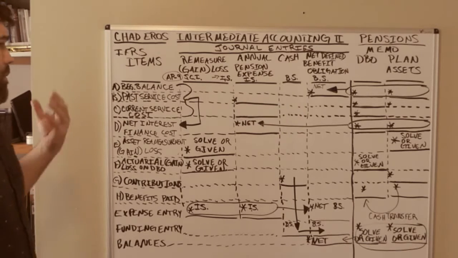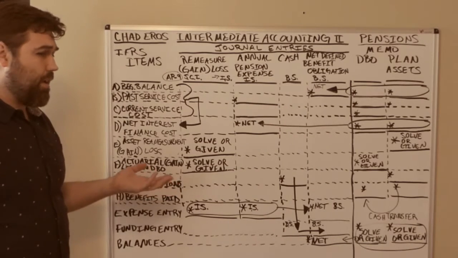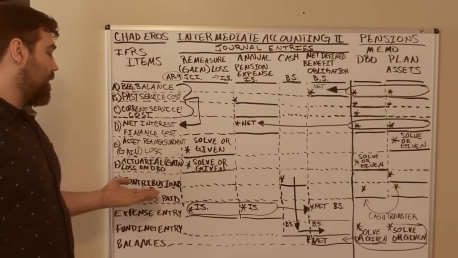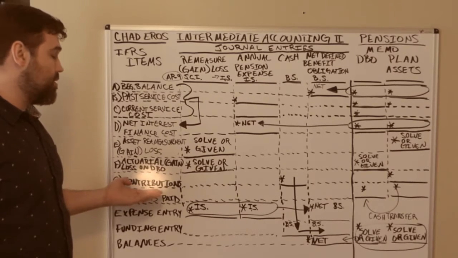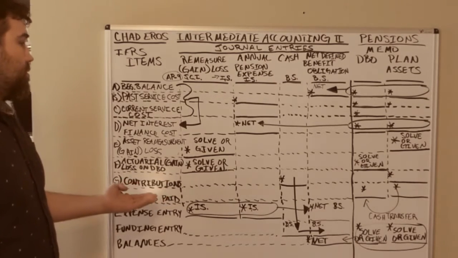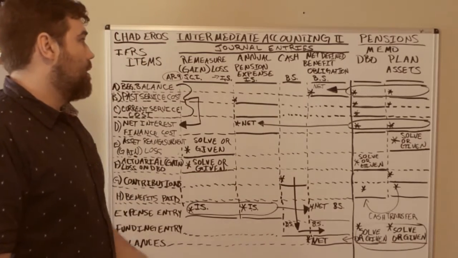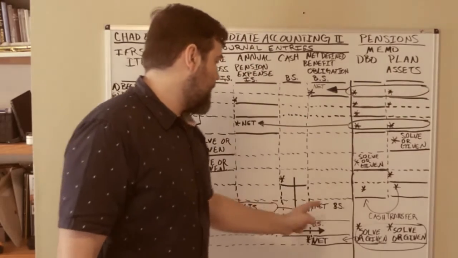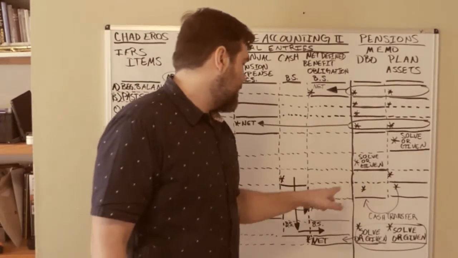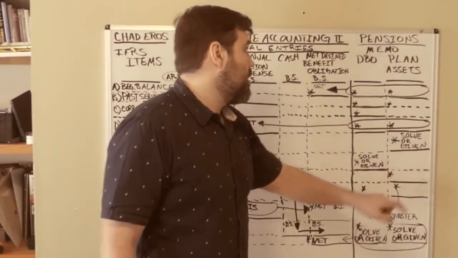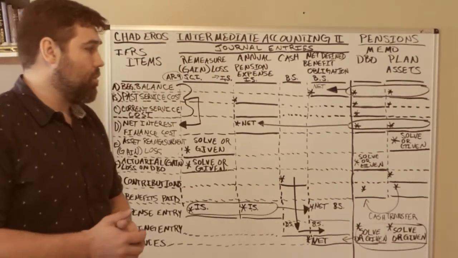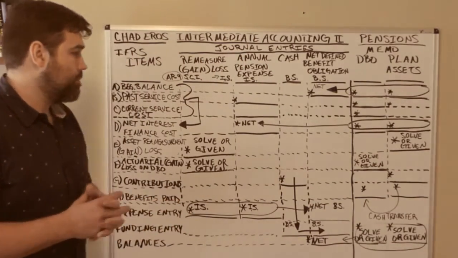Okay, just as I did in my introduction video, I said you've got to do contributions toward your pension plan. So your contributions is pretty straightforward. You put cash in to your plan assets, so you put the cash here, and just make a memo here that you increased your plan assets,